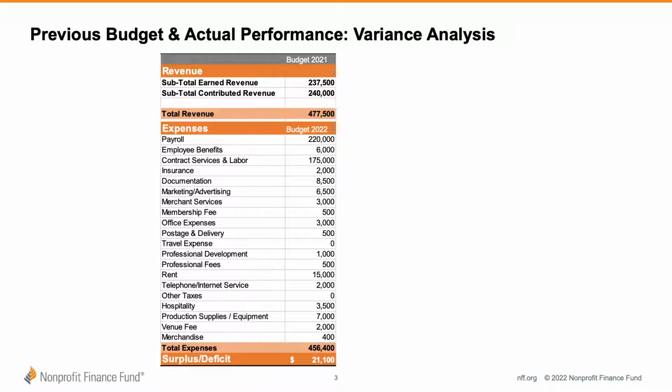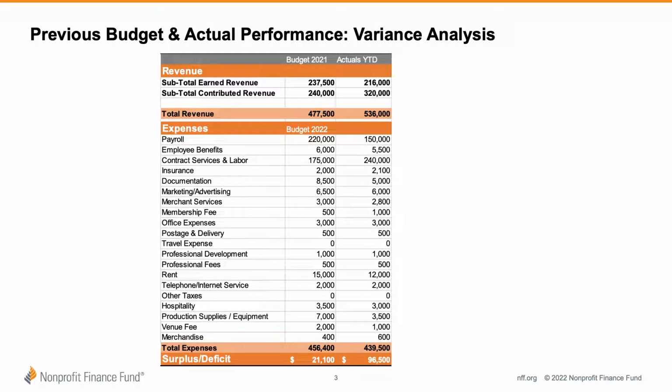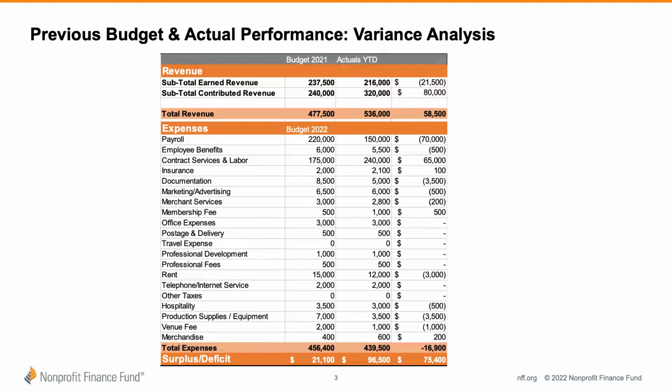Remember that the budget is a plan for the future, and that is different from actual performance. By putting these two columns together, side by side, of budget figures and actual results, you can more easily compare your plan against your actual performance. And now go through each line and take note of where there are differences or variances and capture that difference, which this organization does in this third column. This kind of comparison is called variance analysis.